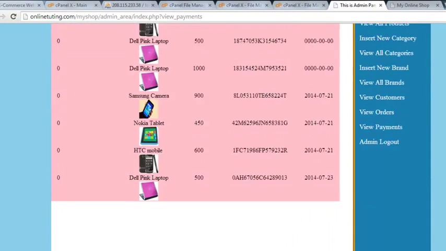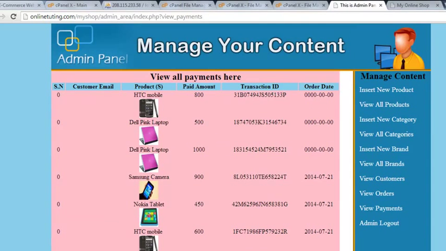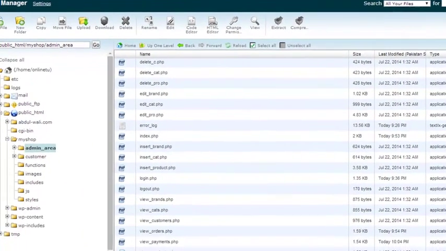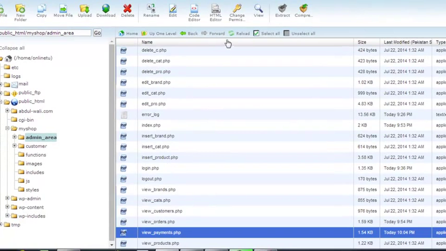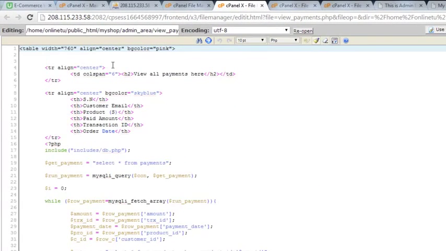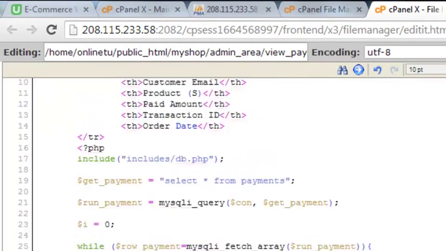You can see the payments are many more. We have got many things here, but there is some problem in the table, so we need to open that page, which is basically view_payments.php. We will use the code editor. We'll open it, edit it, and first of all we will just increase the table width to 795. And the second thing is, we have a problem inside this